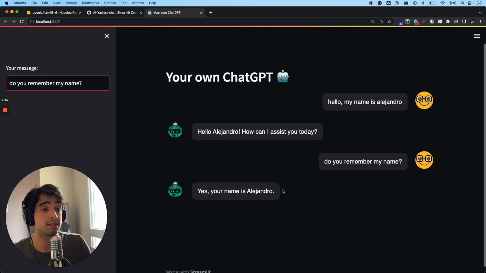This is especially useful if you're planning to create a specialized chatbot for a PDF or for a CSV